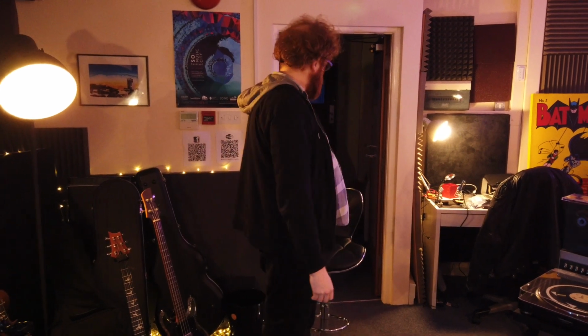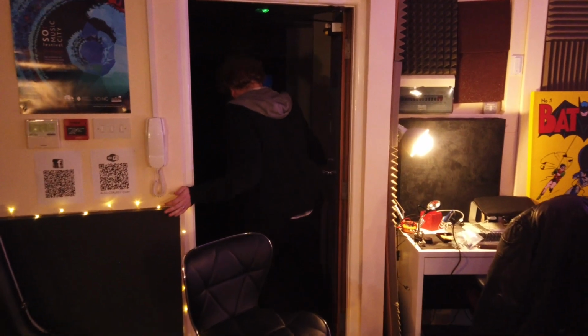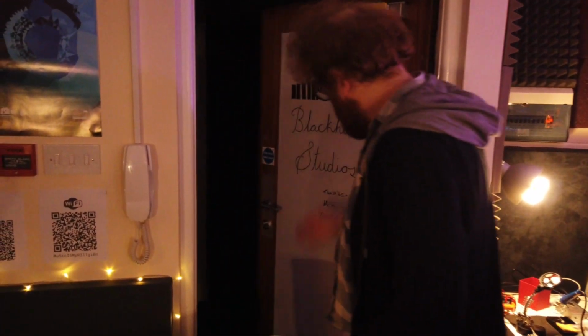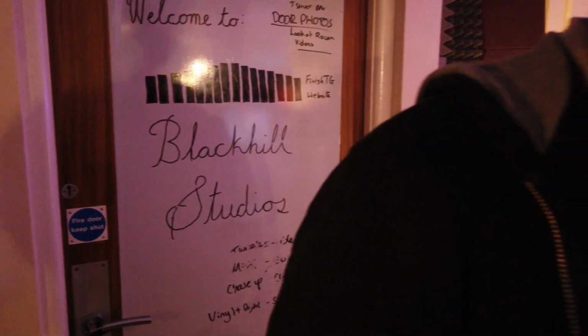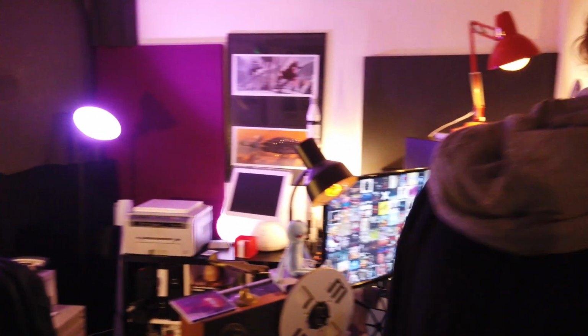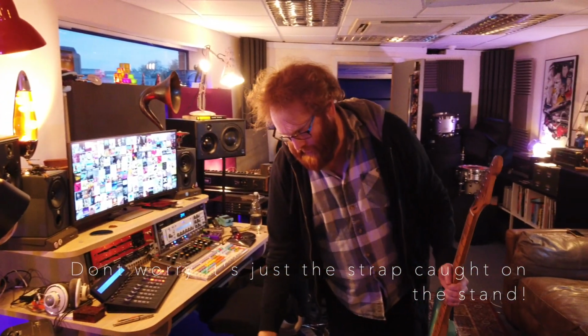Then we have our whiteboard, which we use for checking projects and keeping up with stuff, and we draw the big grid on it you see everywhere in studios when you're doing an album. There are two other guitars which aren't over in that corner, so I've got my trusty studio Strat here,